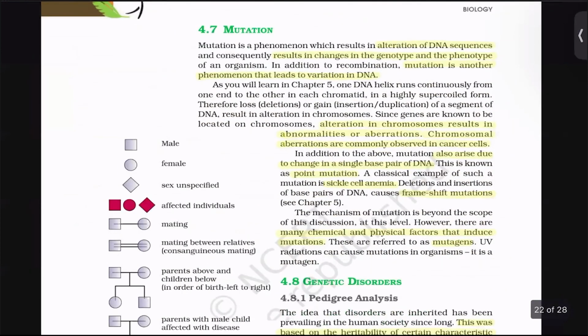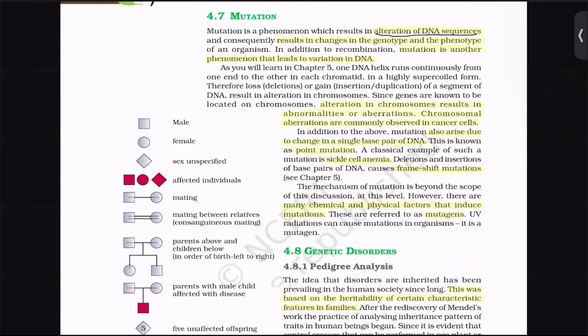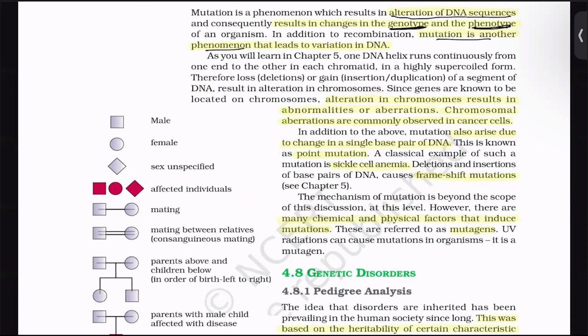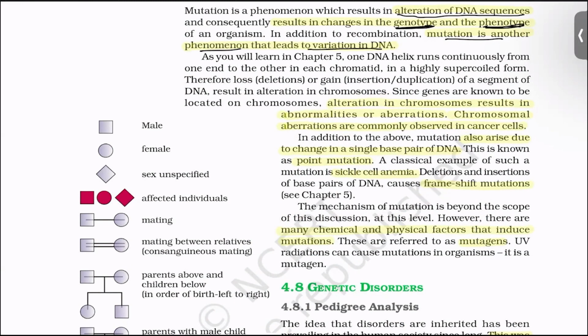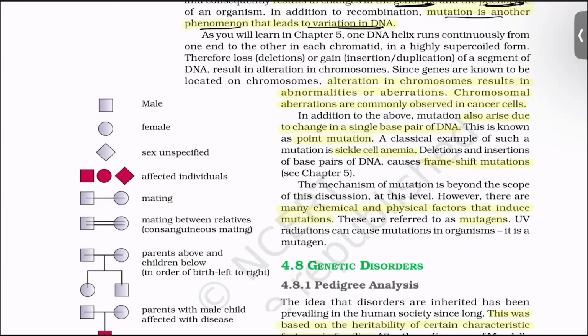So now the next topic will be mutation. So what is mutation? Mutation is actually an alteration of DNA sequences, and it results in changes in genotype, and it might also result in changes in phenotype. And mutation is another phenomenon besides meiotic recombination, what happens during meiosis, that leads to variation in DNA. So what happens in mutation is it can be an alteration in chromosomes, which is also known as chromosomal aberrations. Chromosomal aberrations are commonly observed in cancer cells. All of the cancer cells are formed by their own mutation. And